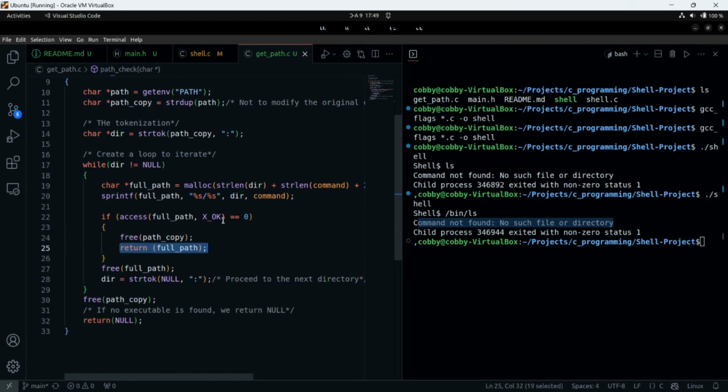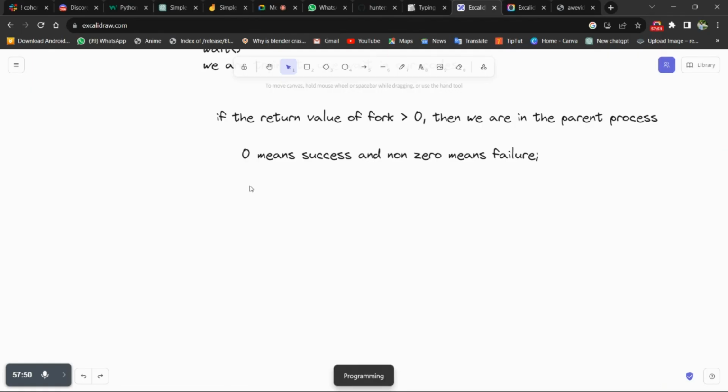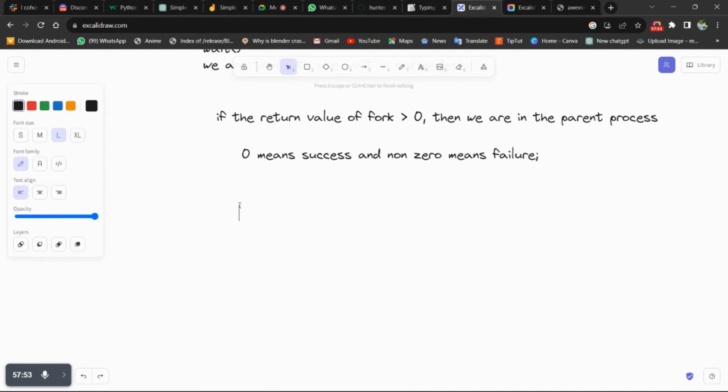So it can mean two things: either the file is not executable, or the path is not executable, or the file was not found. I think these are basically the two conclusions I can make from this error, right?